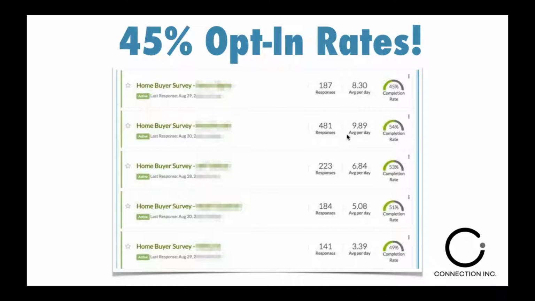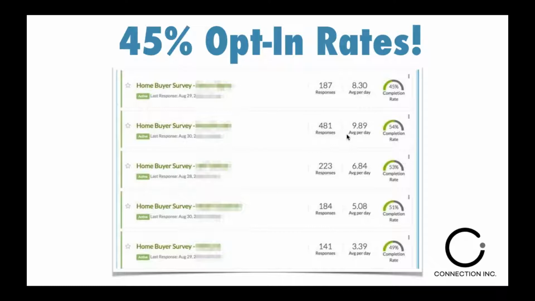So all the way on the right-hand side, you can see completion rate. That is the completion rate of the people that click onto the actual survey and the number of people that fill it out. So you can see, with a decent amount of leads coming through the funnel, we've got 187 responses. There's a 45% completion rate on that survey up at the top with almost 200 leads coming through. So you know that it's not 5 people. There's enough statistical analysis there to know that when you launch your campaign, you're going to get similar results. You can see the one underneath that has almost 500 leads through it.